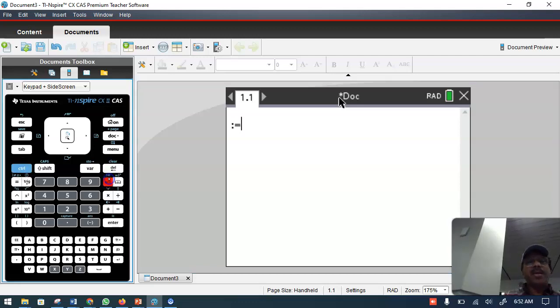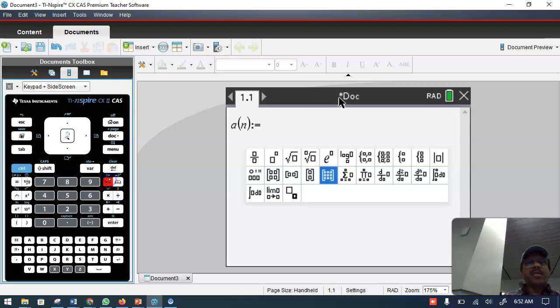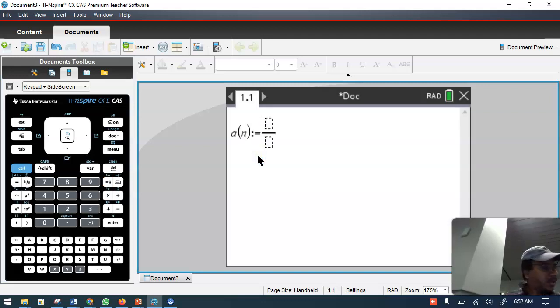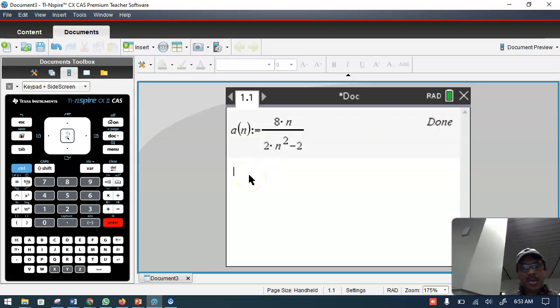You just click Control and this. Sorry, you can put A n. So I'll put A n, and instead of equals, put Control this, and then I think it was a fraction. It was 8n and divide by, I think it was 2n to the power 2 minus 2. You just enter and then you plug in a of, let's see if it is 2, just enter,